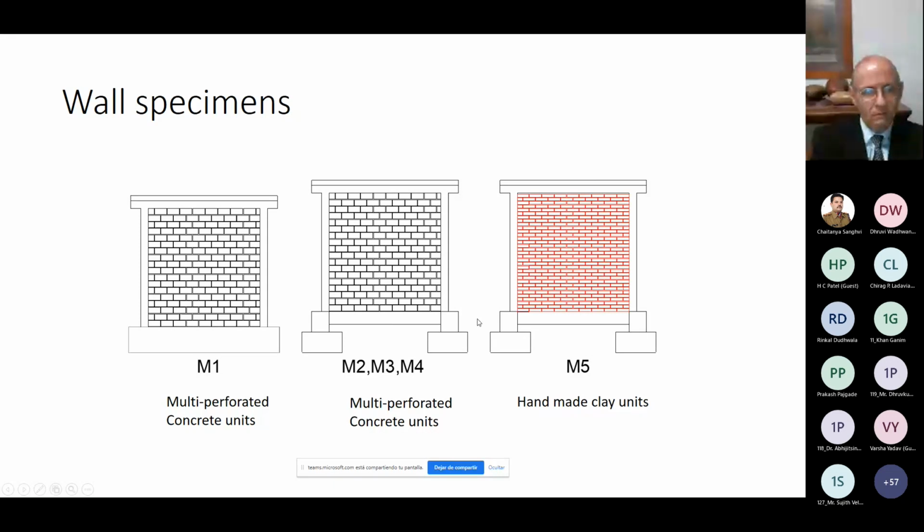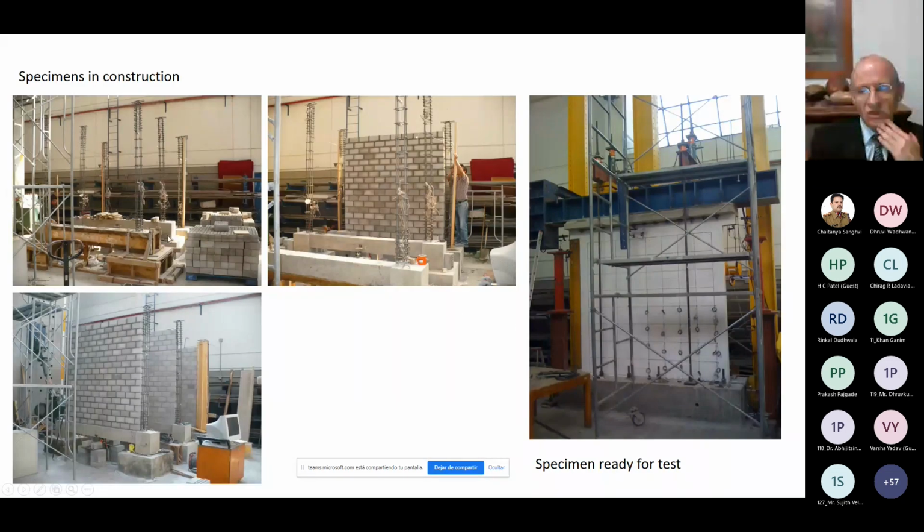Simply supported on beams. These are the construction of the walls, just typical. Look at this, constructed on the beam. And this was the first experiment, which was normally supported. And there were two types of loads. Lateral load, because we wanted to see if walls supported on beams reduce their shear strength. And the other was application of vertical load to see at what deformation we have damage in the walls. And as I said, basically to have enough data,